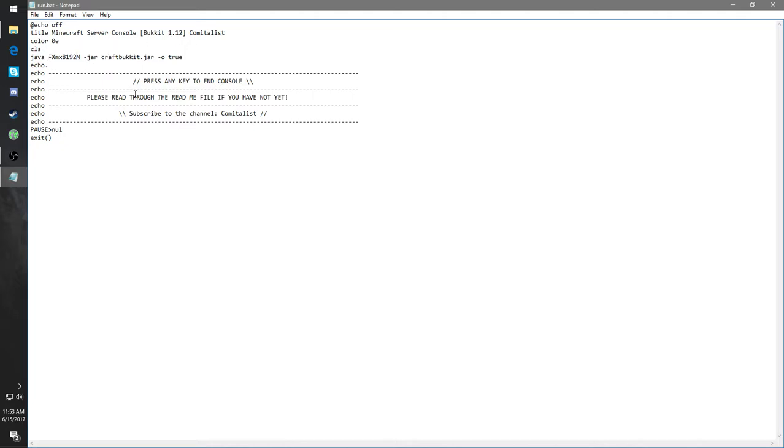Anyway guys, just set that to whatever you want. If you want to, some people do this, you can do Xms and then type 1024, and that will set a minimum of 1 gig, but I don't do that, so we're just gonna go ahead and take that off. Now if you read the README, it says remove that if you want a cracked server